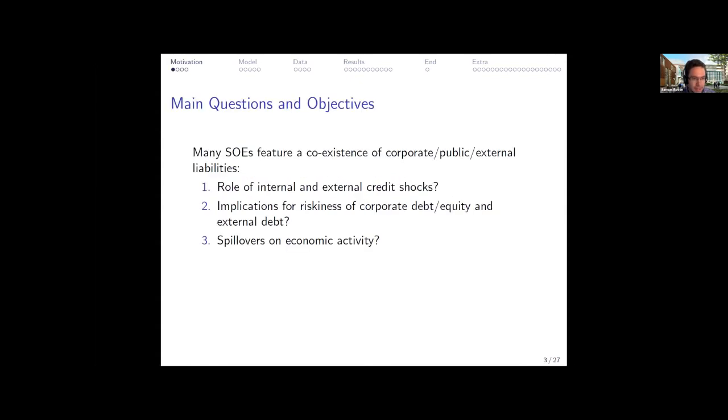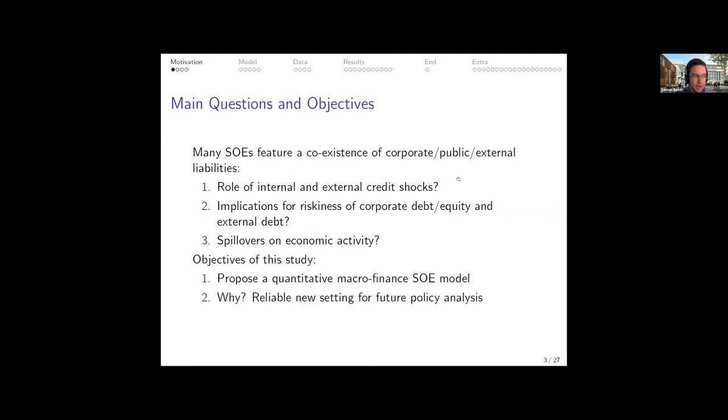So in reality, small open economies feature both internal and external liabilities, so we're going to include both in our framework. We seek to understand the role of internal versus external credit shocks. Specifically, we investigate how these shocks affect the riskiness of financial assets, and we also want to understand how these shocks spill over to the real economy. So the objective of this study is to produce a quantitative macrofinance model for small open economies. And by macrofinance model, we mean one that's able to match key moments on both the real and financial sides